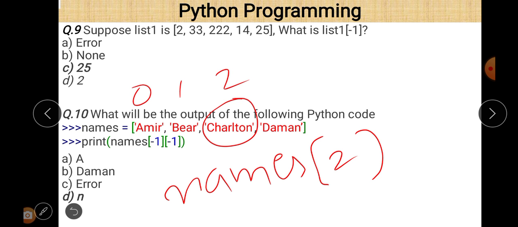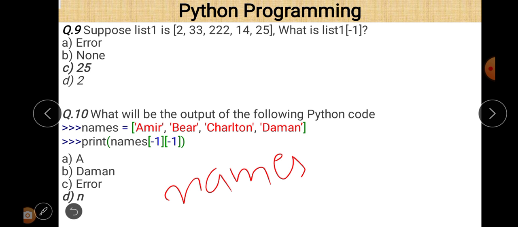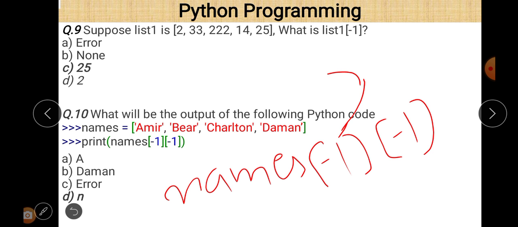But when we give a value like -1, -1, it means the first index position gives you the value of the list, which is of course diamond in this case. But the second index position gives you the element within that list item, which is of course a string. As far as indexing is concerned, the representation in string and in list is the same. So this is a list named diamond,